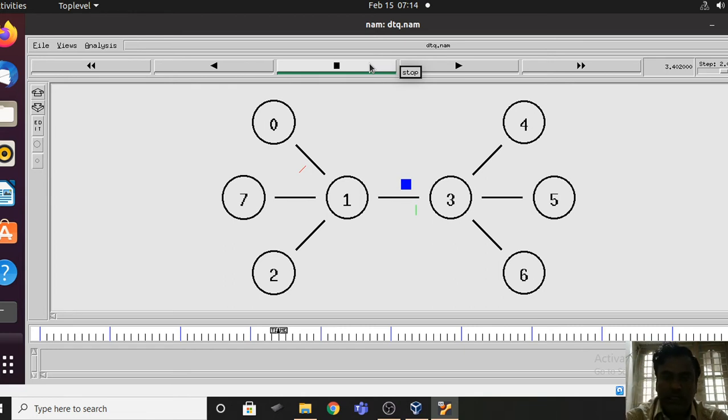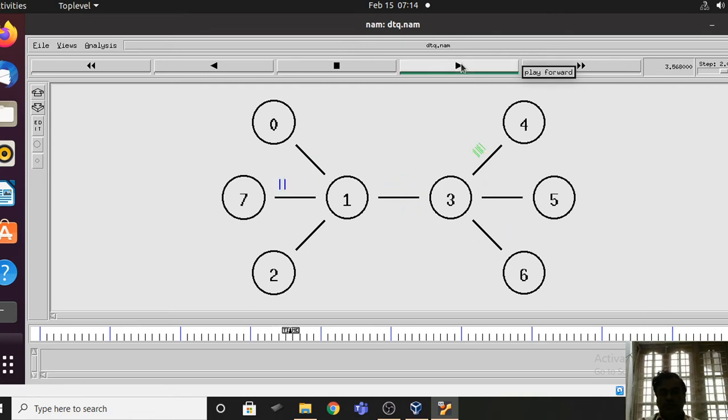Now as we have three data transfers, a congestion may occur, so you may have packet drops. You can watch it carefully.